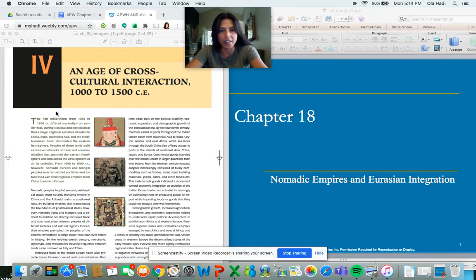Bentley, and it begins with this little section that's talking about a new time period, but we need to make sure that we're aware that in the AP World History course, this isn't a time period for us. So the old AP World History course had different time periods, like, for example, 600 BCE to 600 CE is classical, 600 to 1450 would be post-classical. Now, the new AP World History modern course starts at 1200, but we go 1200 to 1450. Once you hit 1450 for our class, you're in modern history.